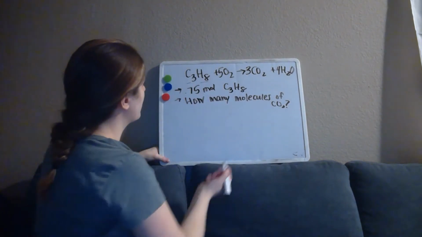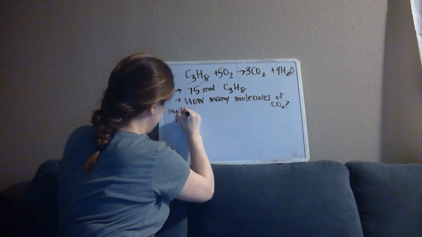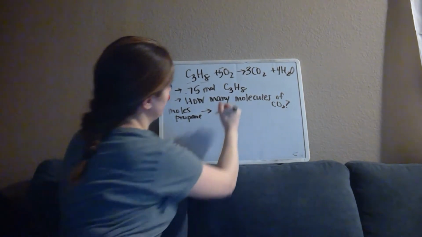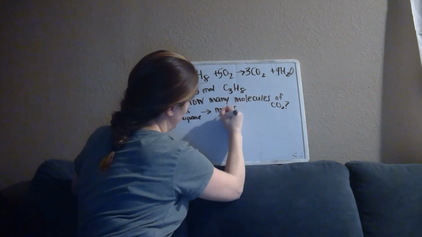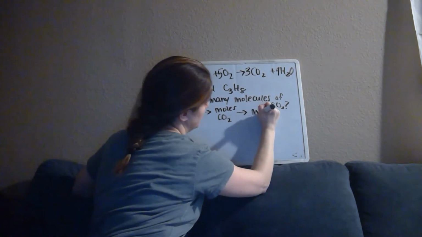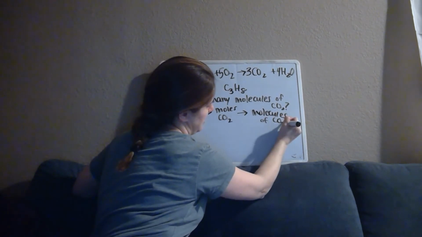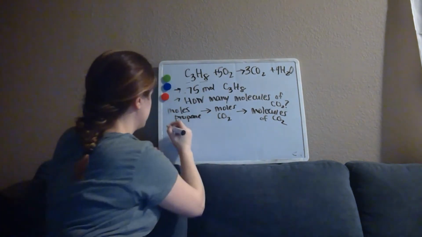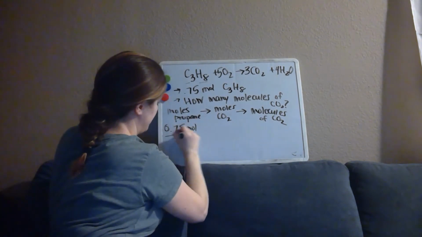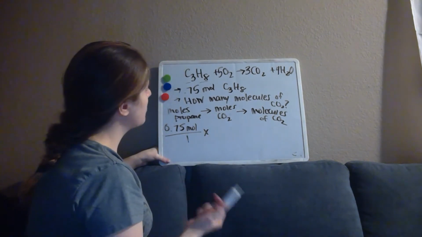Okay, so we're going from moles of propane and we're going to then need to go to moles of carbon dioxide, and then from there we can go to molecules of carbon dioxide. So starting with 0.75 moles of propane, we would then multiply it by the stoichiometric factor